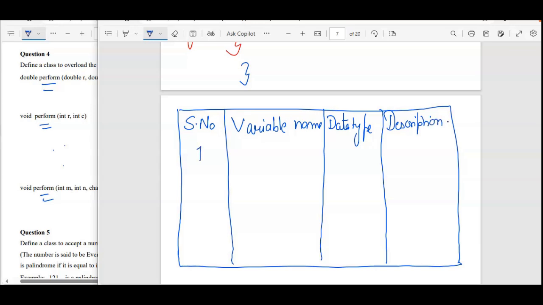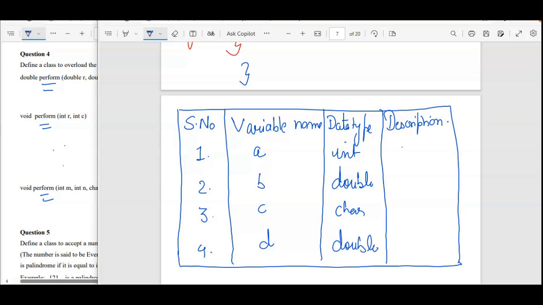Okay, so like, say your serial number, suppose 4 variables you have used in total. So variable names are suppose A, B, C, D, and some are of integer type. You can check the data type also when you are taking all these variables, whatever the data type it is having. And then the use, like A variable is used to store a number, B is used to store a decimal value. Like that only you have to provide the description of all the variables which you have used in your program. So I hope you are clear with this.